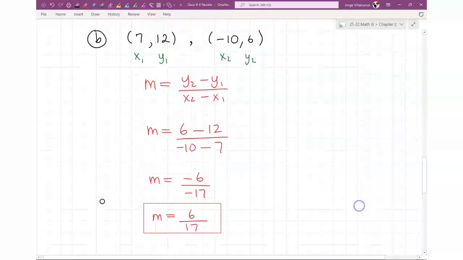Again, this problem should not be one that you get wrong. Okay, any of these problems that are based on the formula you shouldn't get wrong. Take your time, label your numbers, and you really can't mess this up unless you get yourself kind of mixed up when you put the numbers in. But it's really hard to mess it up when you take the time to label your stuff